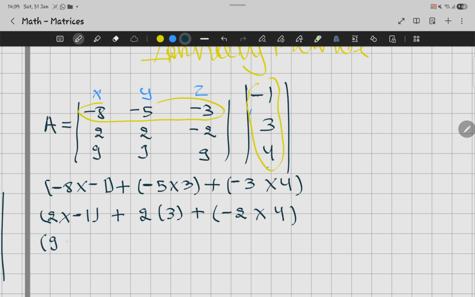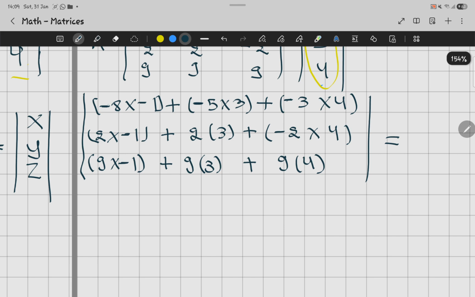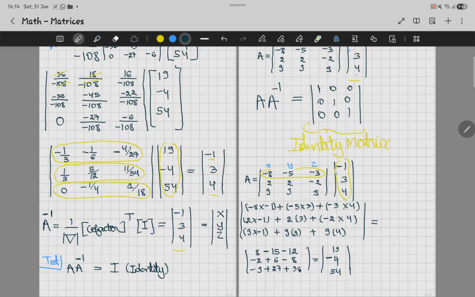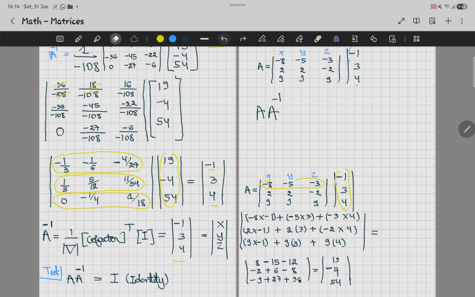Next, 9 times -1 plus 9 times 3 plus 9 times 4. So this is what I'll get, and the answer to this should be... let me correct it. I think I went wrong this side, so this section is wrong. Let me just remove it. The right answer is